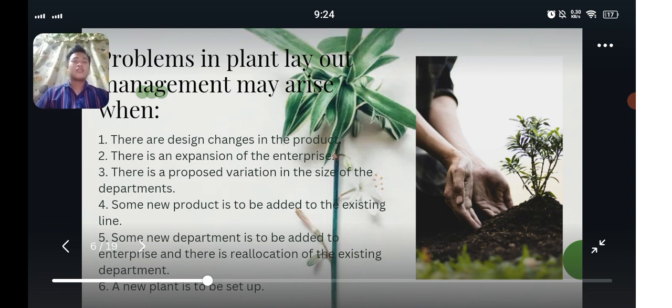So the last one is a new plant is to be set up or established. Next one,